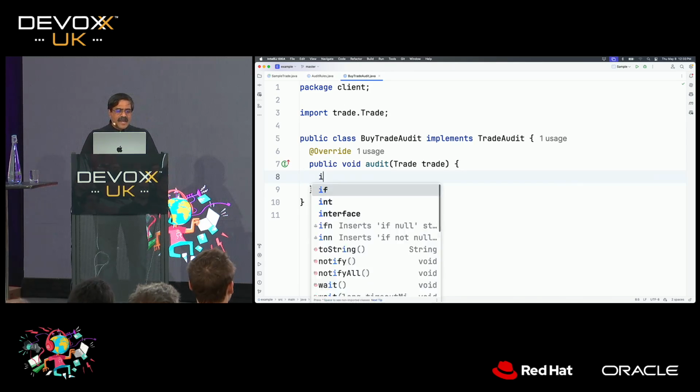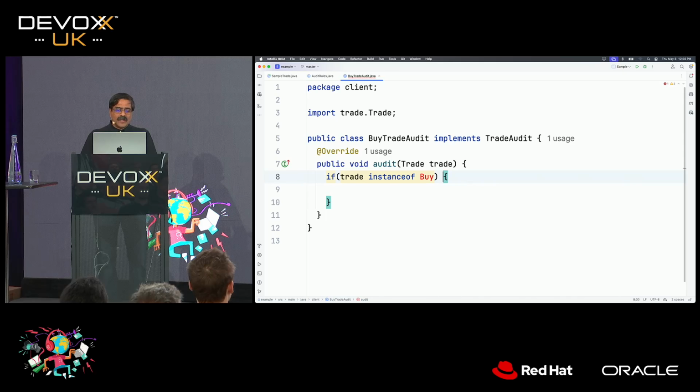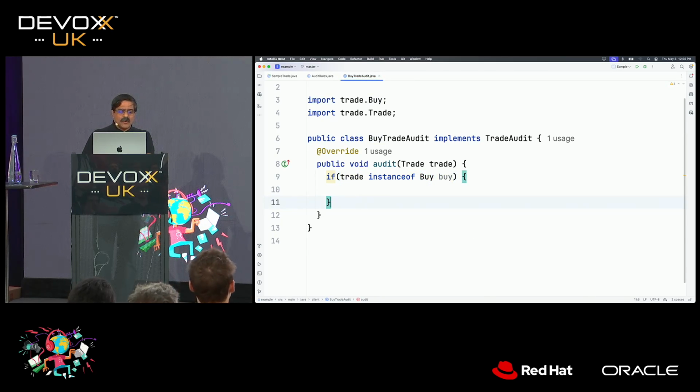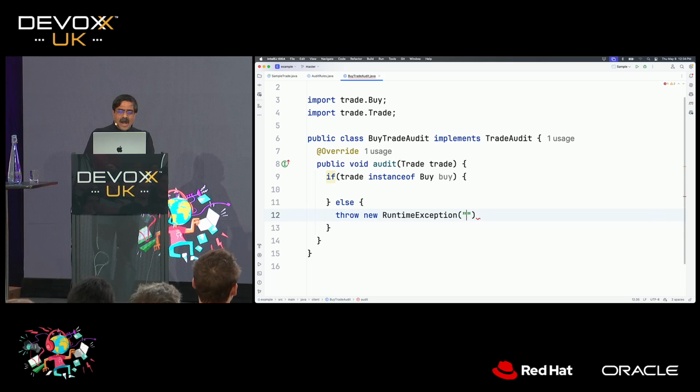I'm going to first of all say if the trade is an instance of buy, then do some work, and you can even use the recent feature for instanceof with the pattern matching syntax, and you can bring that in for the buy, if you will. So if it is, that's great. But if it is not, what am I going to do? Well, if it's not, we could say throw new, maybe an exception, unexpected, you could say, right?